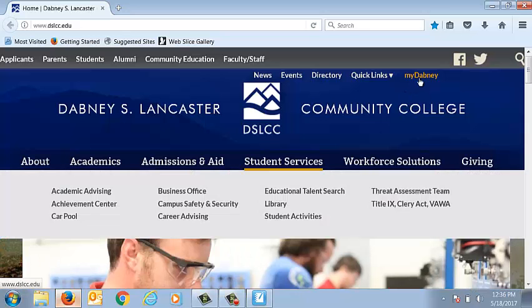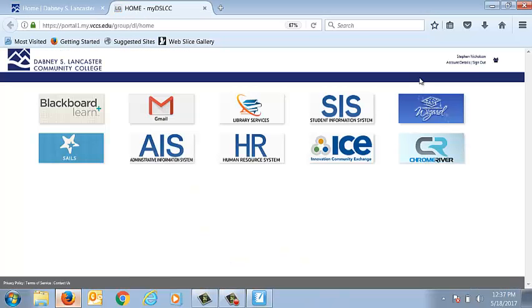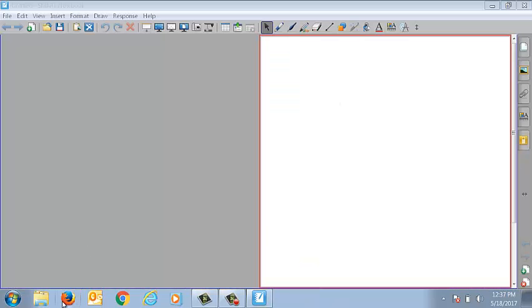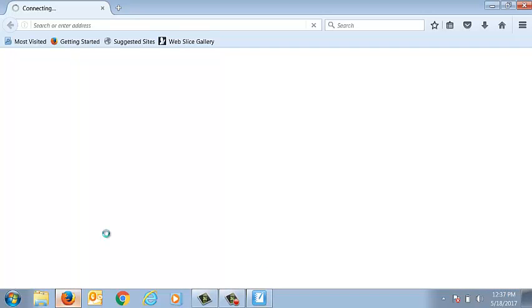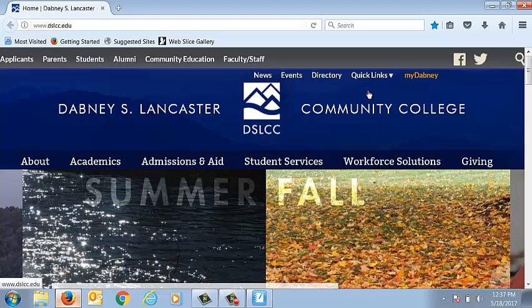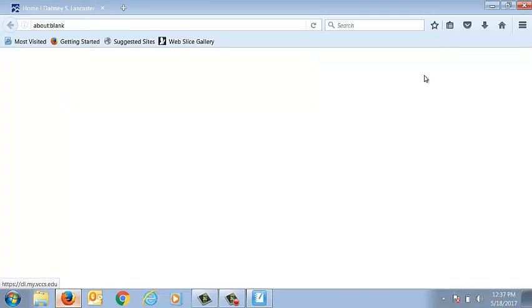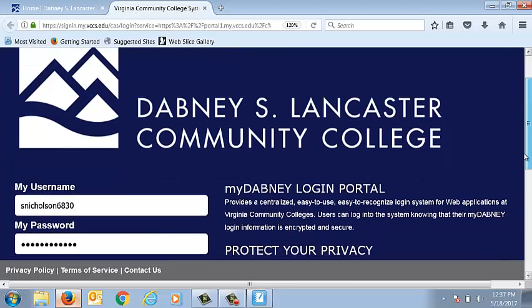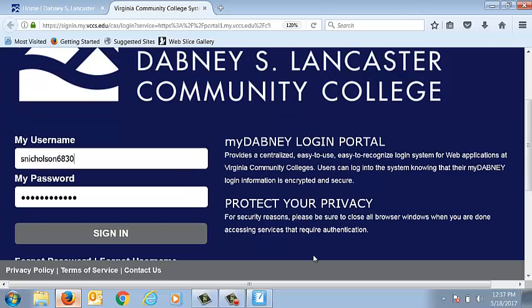To access Blackboard, first you go to dslcc.edu, you click on My Dabney, and actually I'm already logged in, so let me try that again. You open up Mozilla and go to dslcc.edu, then you go to My Dabney, and you'll get the login page. So my username and password, which of course you don't know, I'm not going to tell you, and you put